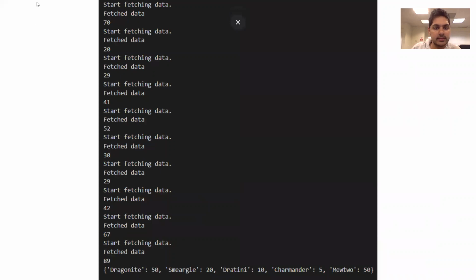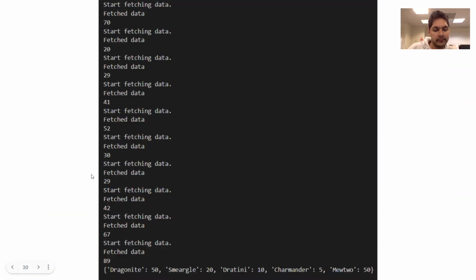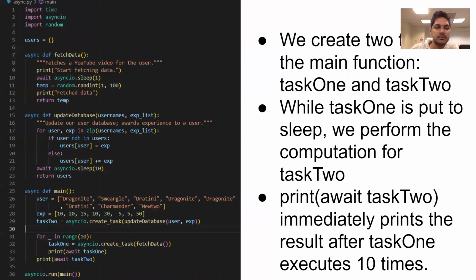So this is what happens essentially. This is the YouTube video result 10 times. We fetch the data and we get a random number, you can think of it as a link, and the bottom is the result of updating our users to our database, with the experience points stuff.